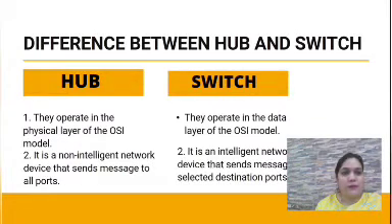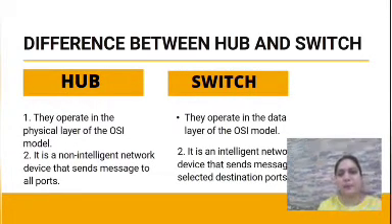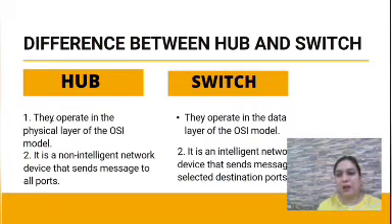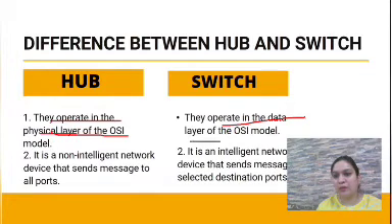Now, what is the difference between hub and switch? The basic difference is that a hub works on the first layer of the OSI model, that is the physical layer, and a switch works on the second layer of the OSI model, that is the data link layer. The second difference is that a hub is a non-intelligent device that sends messages to all the ports. We already